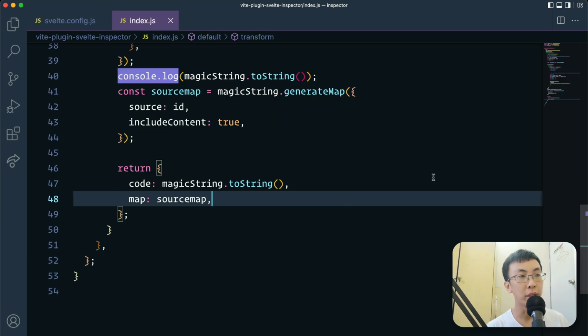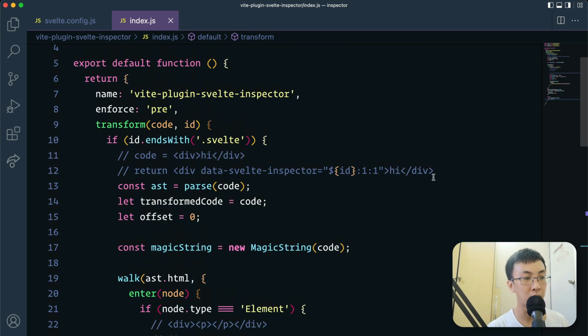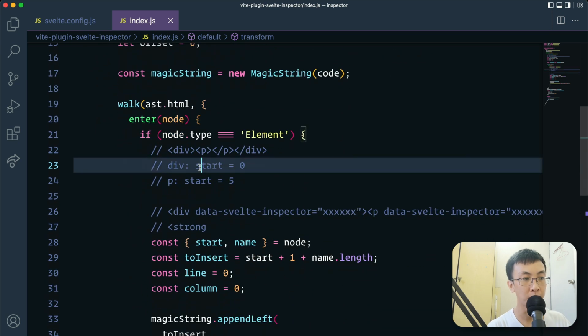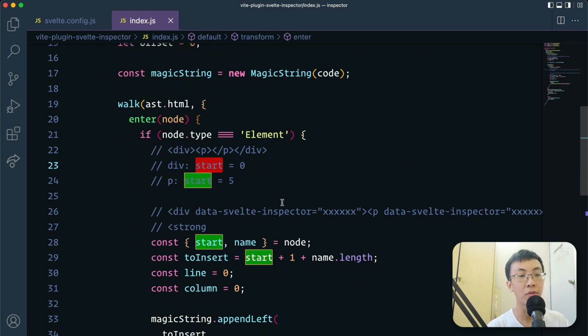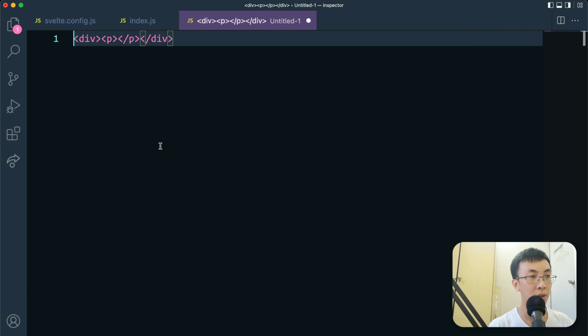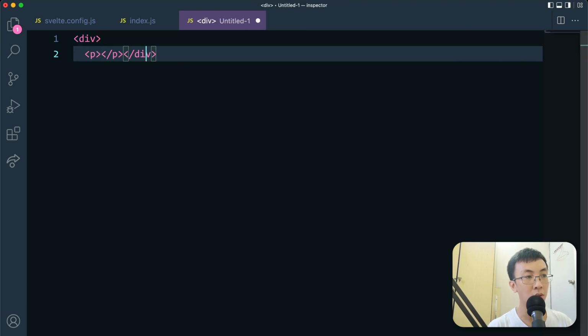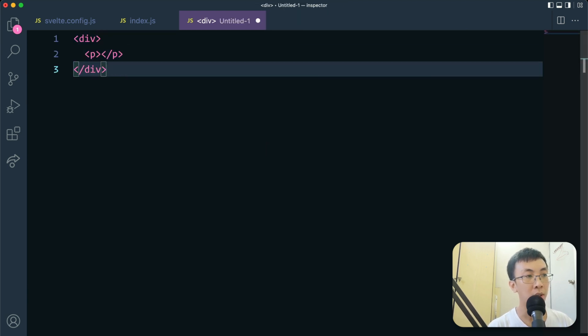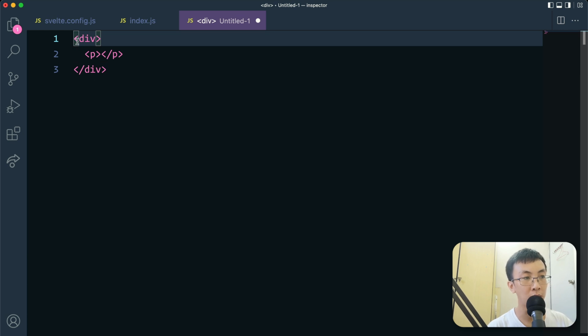So for each node, we have a start position, right? The start over here. And we need to figure out how to get the line and the column number from this start. Right, so what does the start mean? Okay, so say for example, let me create a new file over here. Say for example, this is your source code that looks like this, right? Your starting position for the div is